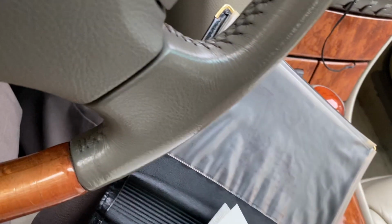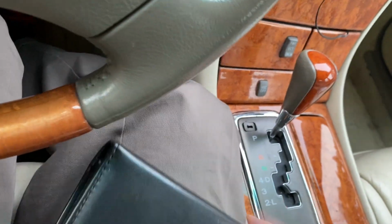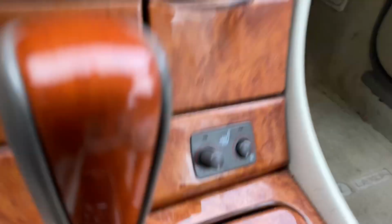Lexus Link, which I'm sure doesn't work anymore. So anyway, that's just the quick tour. The wood is pretty nice. It's a little cracked up on top of the steering wheel, but most of this car's life, it's been in the garage. The heated seats work pretty well,